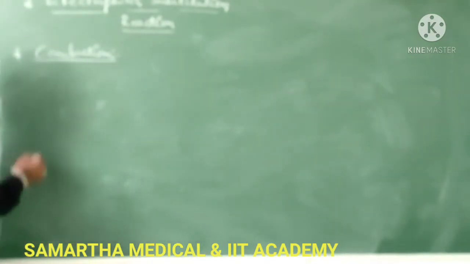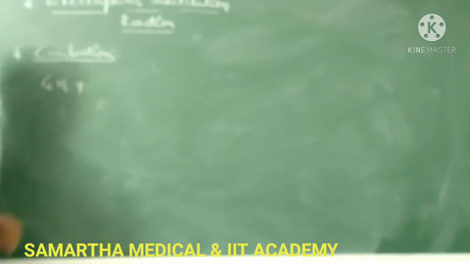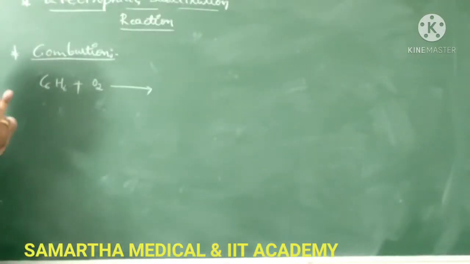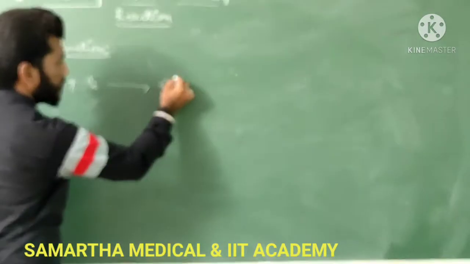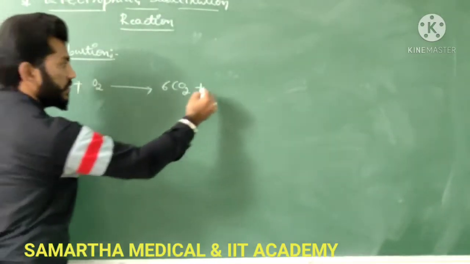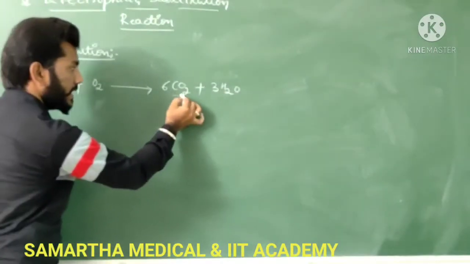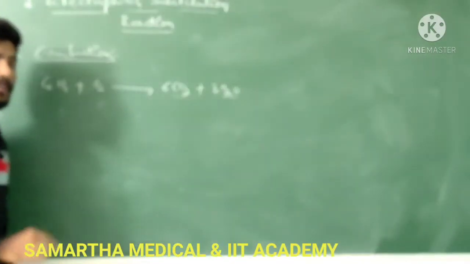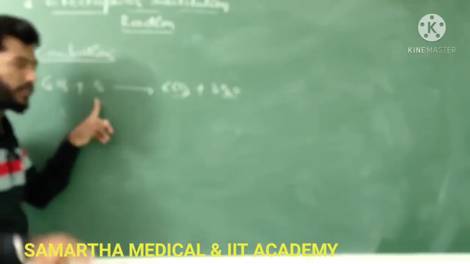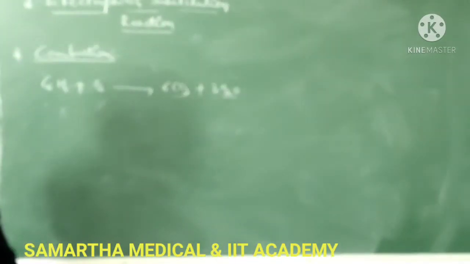Okay, let's see that reaction here. So we have our benzene, C6H6. When it undergoes the combustion process, it would form two types of products. One will be carbon dioxide, and since it has 6 hydrogen, it would form 3 moles of water molecule. The products must be carbon dioxide and water. Have to keep in your mind, whenever benzene undergoes combustion, it would form two products: one will be carbon dioxide and another will be a water molecule, right?